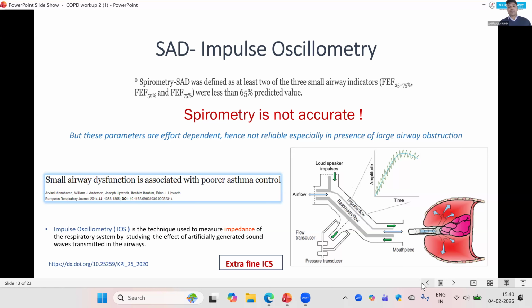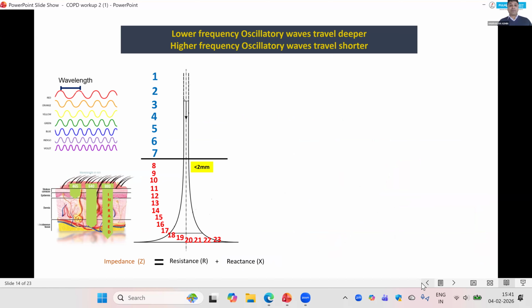It's very helpful in ruling out asthma, because it's a treatable trait. Before labeling a patient as severe asthma, we have to treat the small airway disease in such patients. So how do we understand impulse oscillometry? I'll be very quick. Just like red light has a longer wavelength but travels very far, similarly, waves with more wavelength and less frequency travel far, and the shorter the wavelength, the more the frequency, and they travel less distance. So we give a lot of